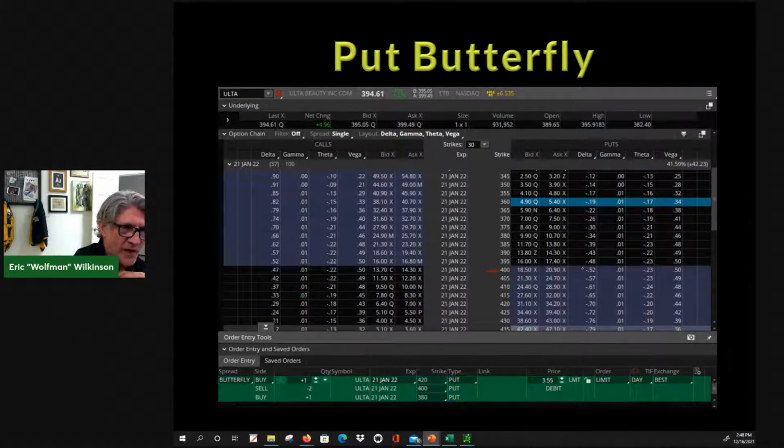What I do with butterflies, folks, just a little bit of a refresher course here, is whatever strike you're selling, okay? I'm selling this strike right in here. I'm going to say it's $19, okay? So if I sell that $19 strike with a butterfly, I'm going to look up here and see where I could sell or buy something